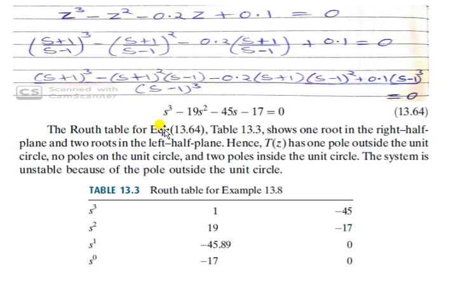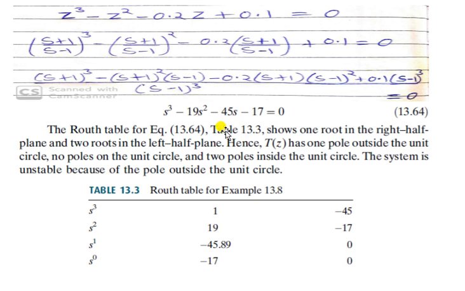So to apply the Routh criterion, you will write s^3, then in descending order 3, then 2, then 1, then 0, and you will write here the coefficients. For this s^3, the coefficient is 1, and for the s the coefficient is minus 45, so minus 45 you can write here. Then for the s^2 the coefficient is minus 19, so obviously the minus sign must be there.